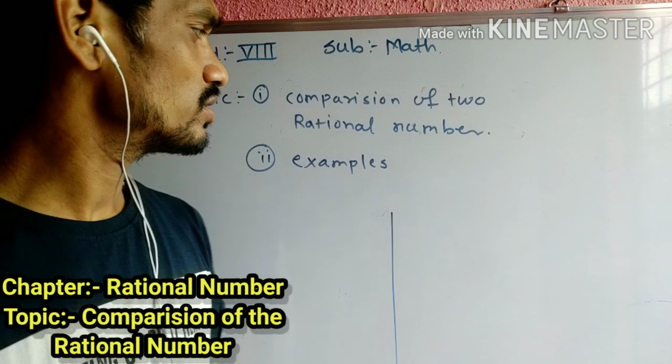So all the students, don't write -3 bigger than -2. Actually we remove the sign, or we take the mod of that. So the mod of that is 3 bigger than 2. In negative numbers, we have taken the opposite: -2 is bigger than -3. If 3 is bigger than 2, then if we take the negatives, the sign will change. Okay students, remember that my number closer to 0 should be bigger than the other number.